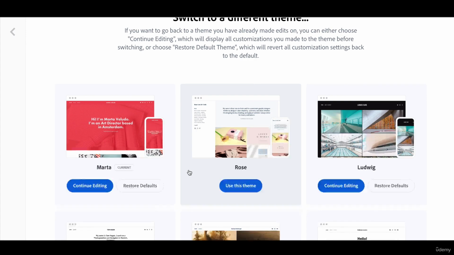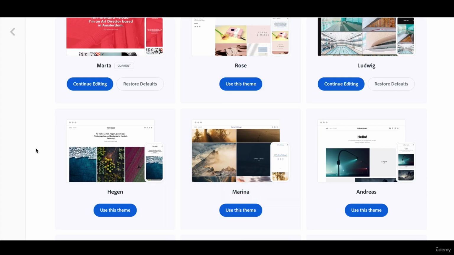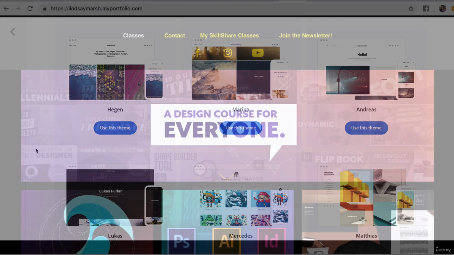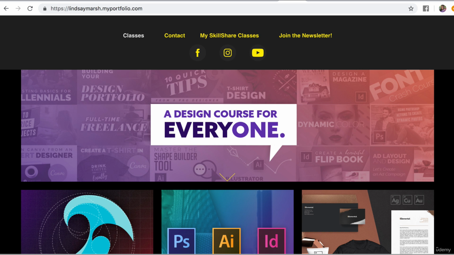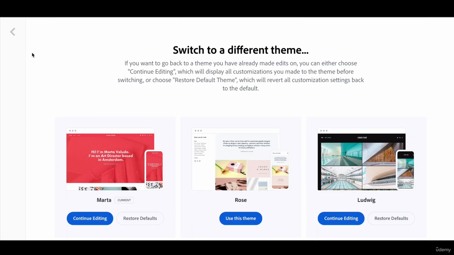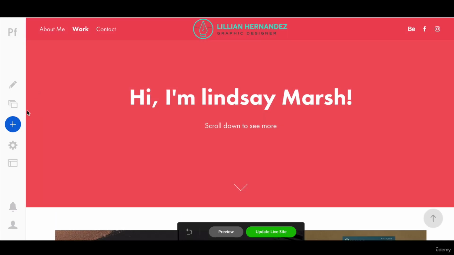Of course, you need to have a subscription to access this, but I don't pay anything for my portfolio. I don't have a professional domain name linked up. I just kind of use the one that's here that you're seeing right now. But you can easily link one up if you go to settings. You can buy a domain name off GoDaddy or any other domain seller, and you can link up a professional domain name so that you don't have to have portfolio.adobe/something. It could be your graphic design business or your photography business or whatever name that you have for your freelance